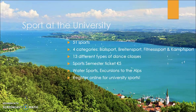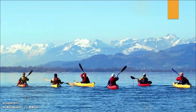One thing I found was that for university sports, especially in Konstanz anyway, everything is kind of online. You have to register for most things. The majority of things require pre-booking. It doesn't seem to be like in Ireland, where you just show up on the day. It all has to be done beforehand. And this is a picture of people kayaking on the lake,